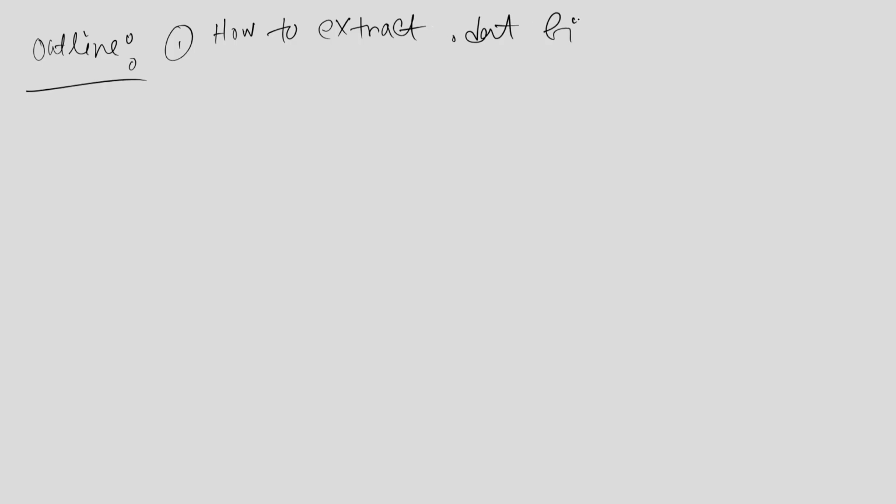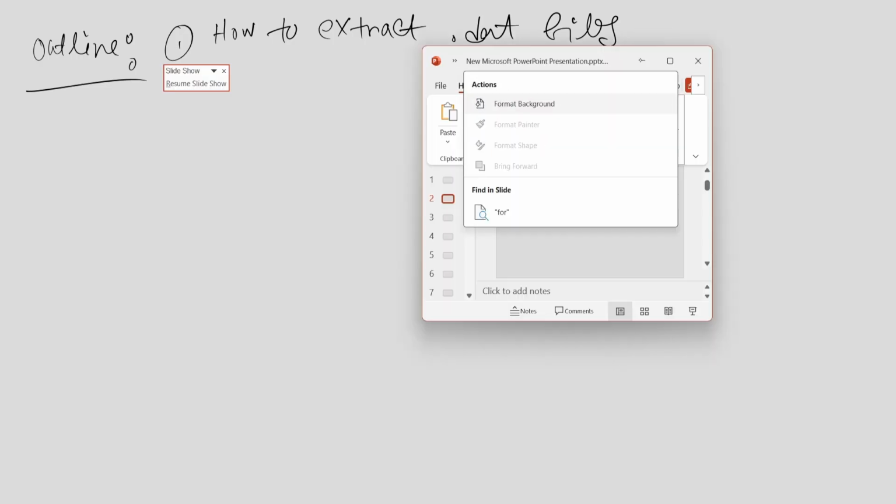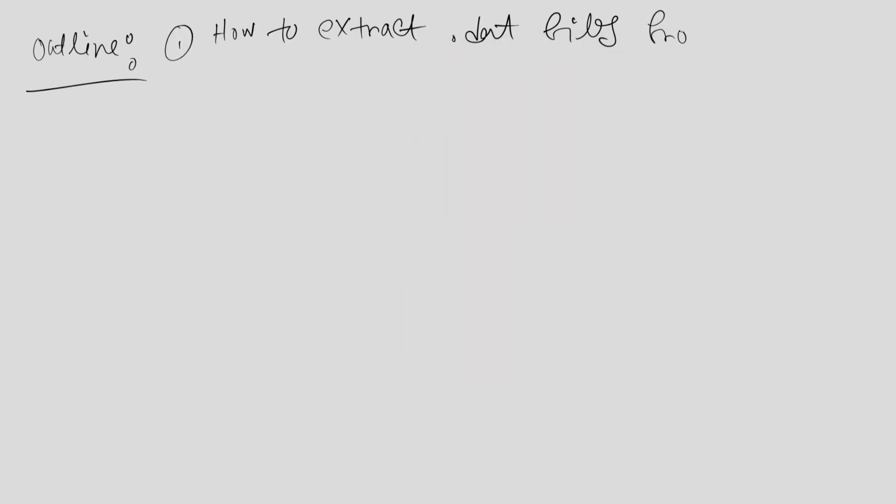If you see here, outline number 1 is how to extract .dat files from Cadence,